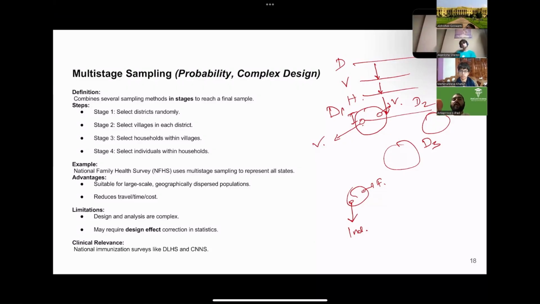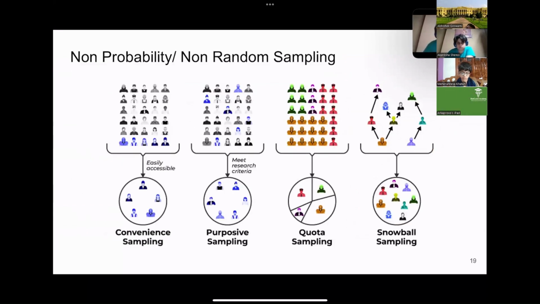So this is called multi-stage sampling, and what it does is it allows us to reach out to a huge population at once. So bigger surveys, NFHS, the district health survey, these are done in these ways. The sampling is done in these ways, right? Next comes the